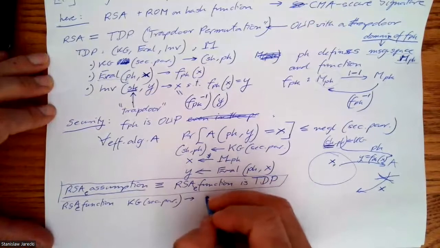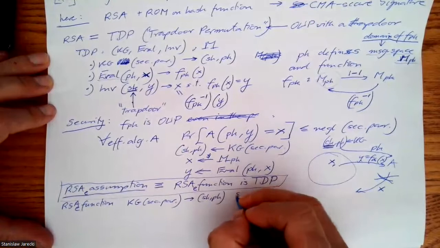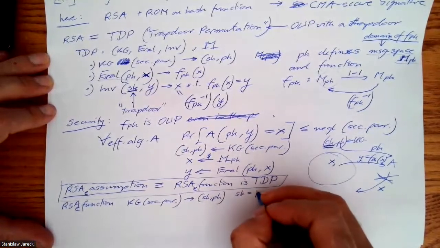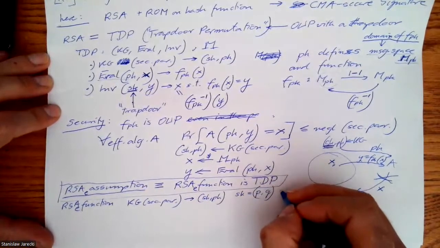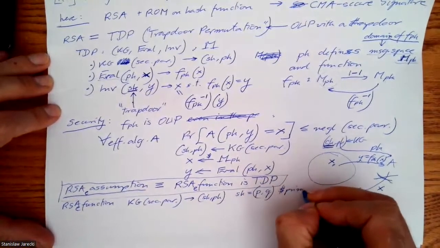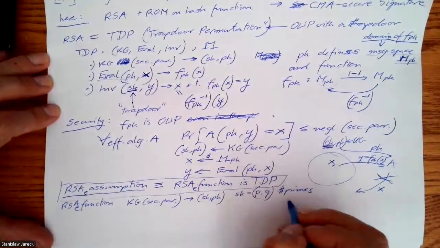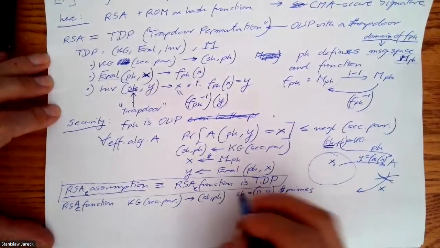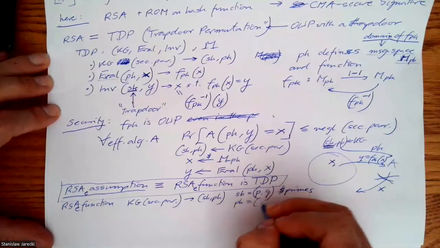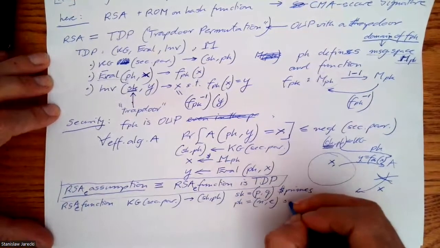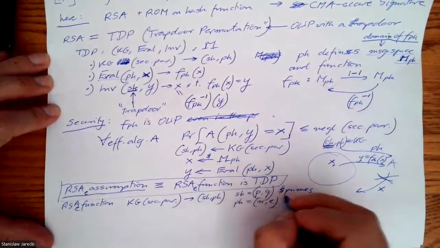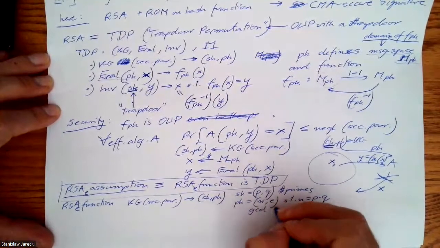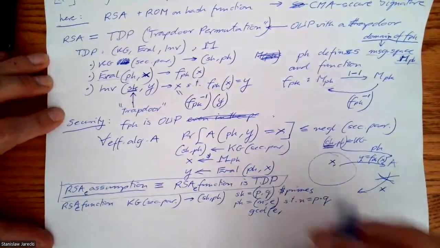On a security parameter, the keygen generates sk and pk, where sk is a pair of random primes, p and q. I'm not going to go over all the math of RSA, but the secret key was 2 primes, and the public key was n and e, such that n was the product of these 2 primes. And we needed these 2 primes also to satisfy that the GCD between e